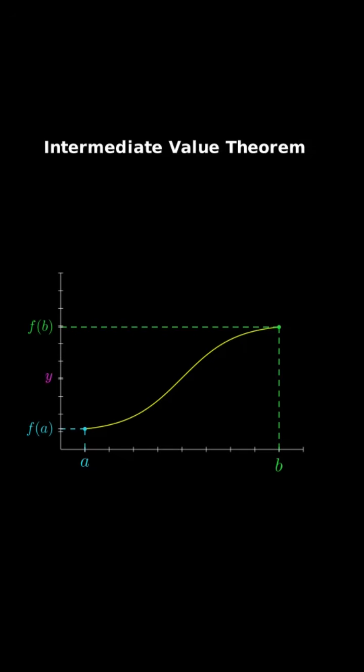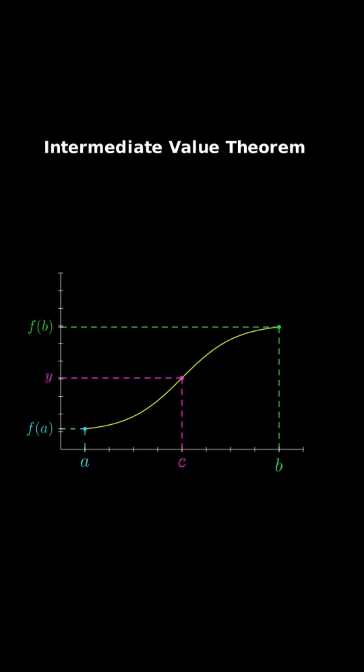Take any value y that lies strictly between f of a and f of b. Since the function is continuous, its graph cannot have jumps or breaks. It must pass through all intermediate heights as it goes from a to b. This means that inevitably, at some point between a and b, the curve will reach exactly that height y we